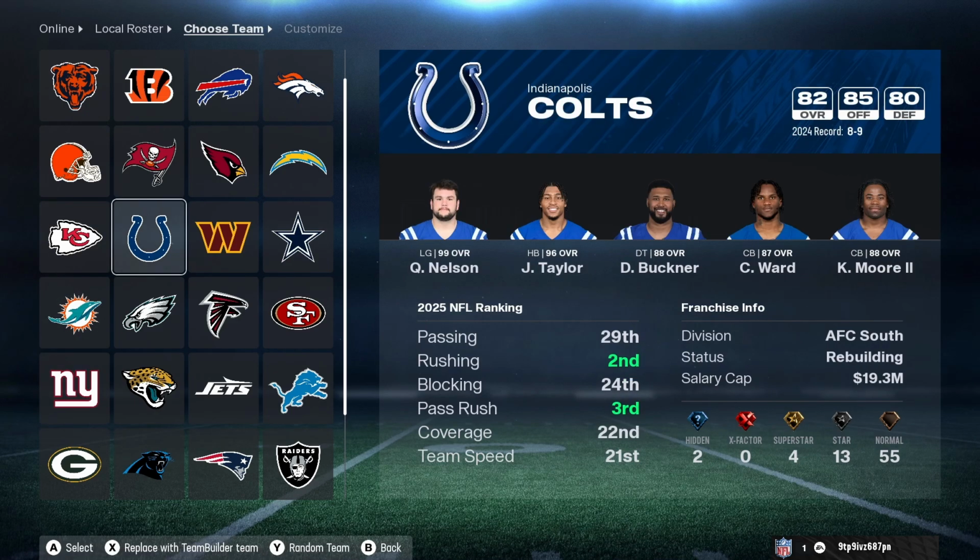Here you need to choose the team. You can just choose any of these and proceed with that. But yeah, that's pretty much it. This is exactly how you can download roster in Madden